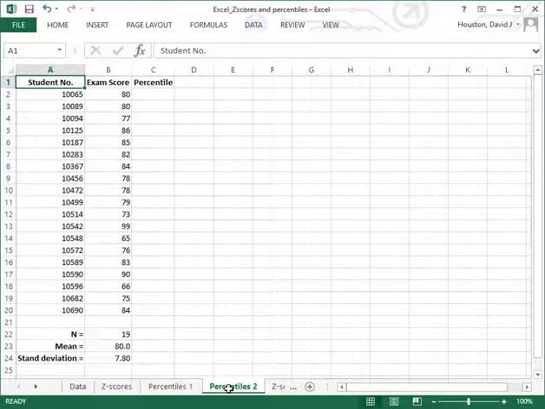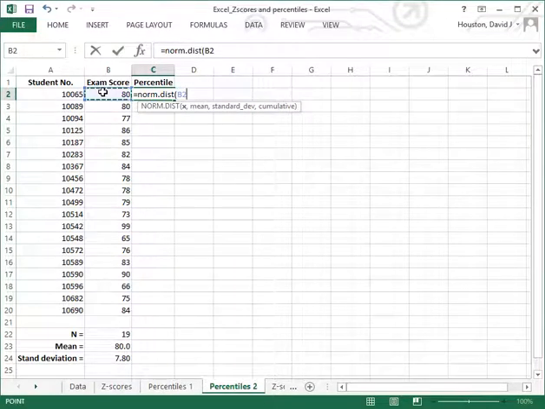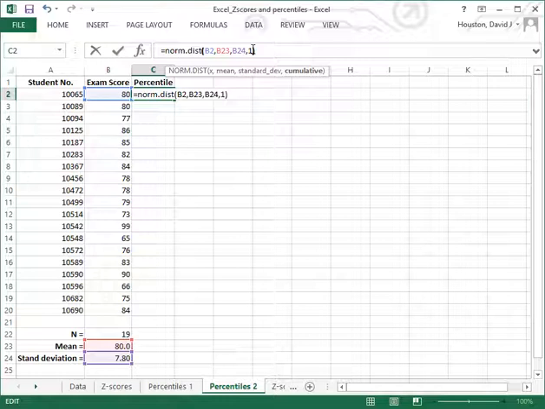So I have here a second sheet for percentiles, and you notice I do not have a z-score computed for each exam score. What we're going to use here is the norm.dist function, and again identify the value of the exam score we want to find the percentile for, comma, and now we have to tell it exactly which normal distribution, and that requires us identifying the mean and the standard deviation. So we'll come down here and identify the mean for our exam scores, comma, and also the standard deviation for our exam scores, comma, and one last parameter we have to specify, and that being a value of 1. The 1 refers to cumulative, all the area under the curve up to and including a given exam score. Now I'll hit return,